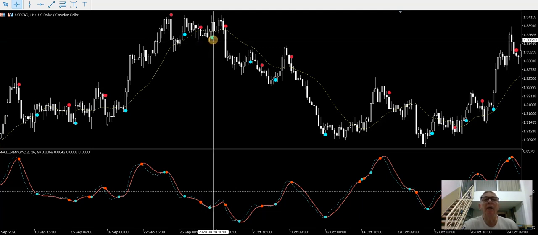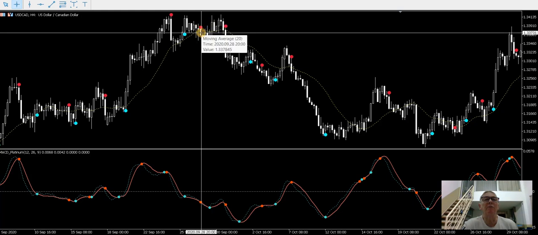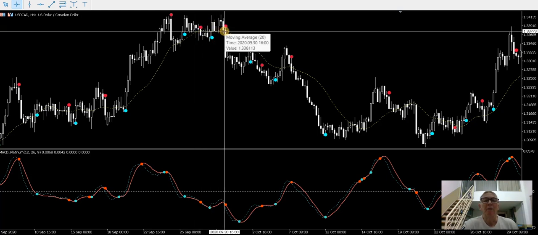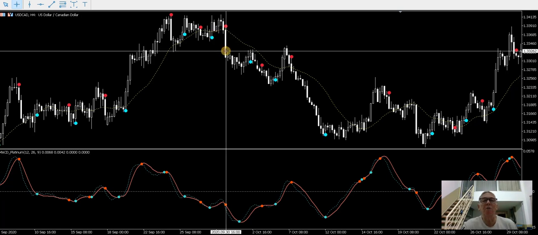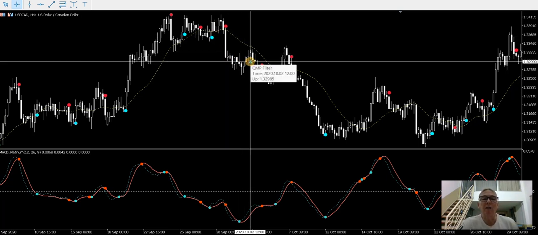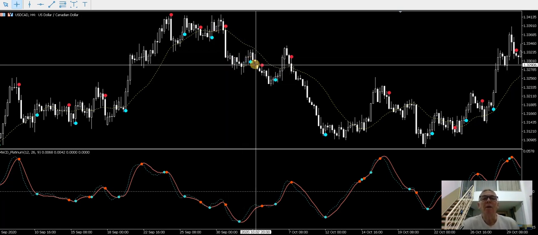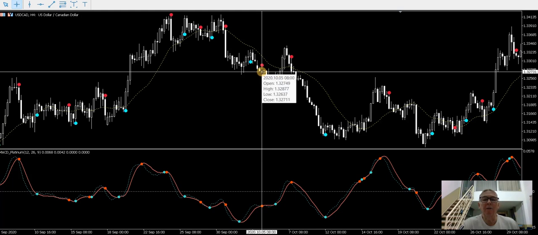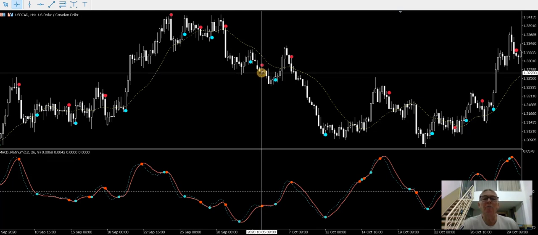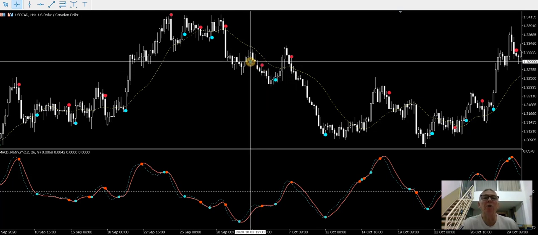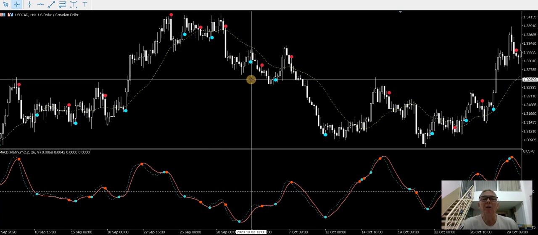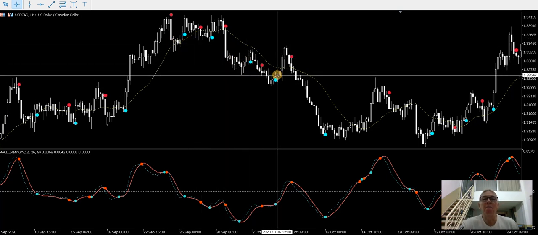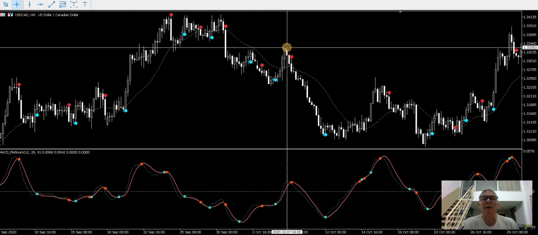Second buy here, probably wouldn't have recovered that previous loss. Then we've got another sell, so we'd close that second buy, so we're accumulating losses here. Take this third buy, no go, and we'd take the opposite signal, so we close out that buy. So we've got 1, 2, 3, and we're going to take this fourth one. Now, this fourth one probably recovered, I'm not sure. But say it didn't recover,